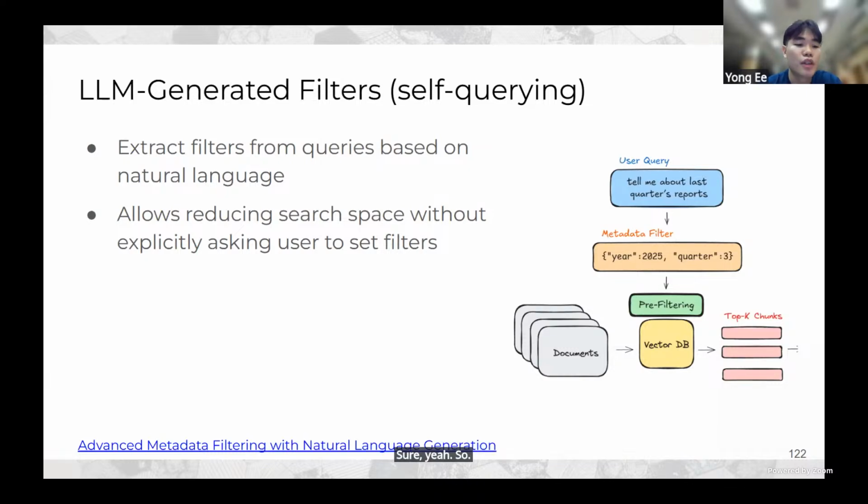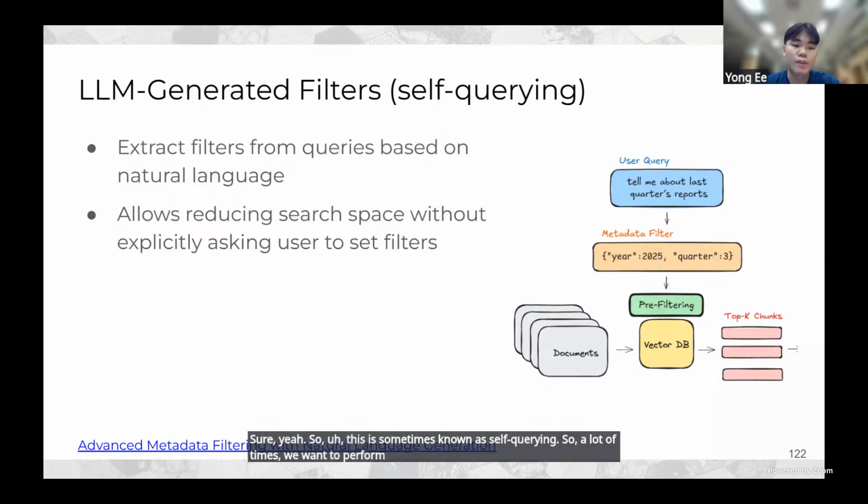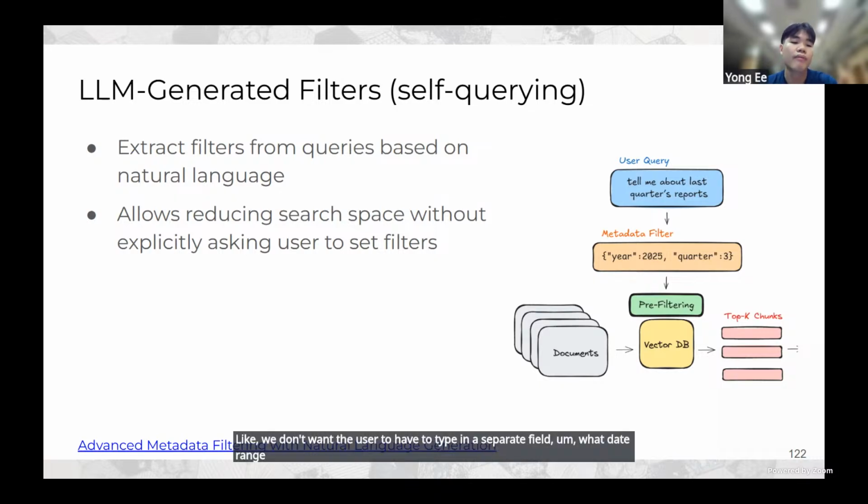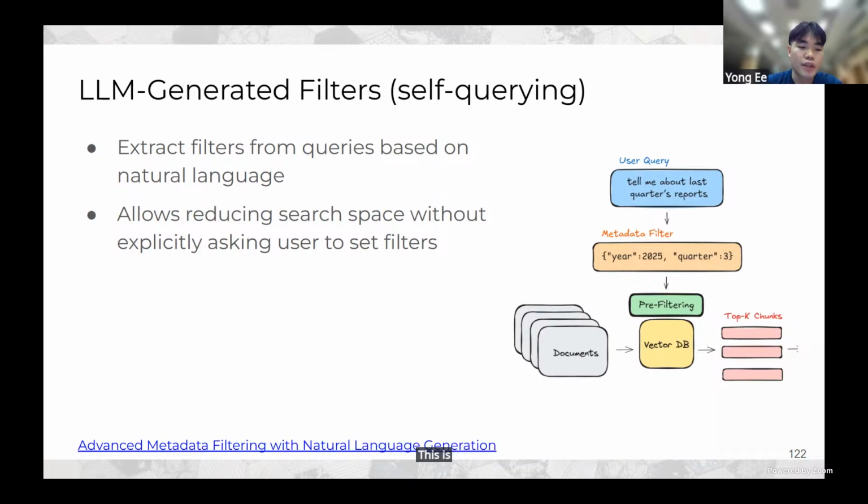This is sometimes known as self-querying. A lot of times we want to perform retrieval without explicitly asking the user for filters. We don't want the user to have to type in a separate field what date range they want to query. This is very powerful when the user query has well-defined parameters. An example of how this works is over here.